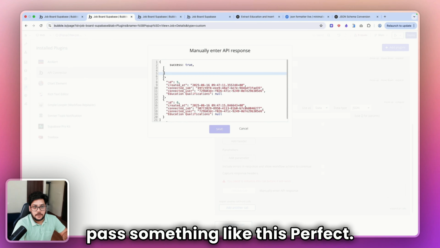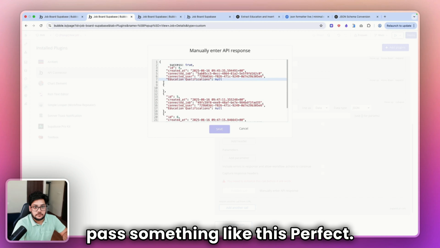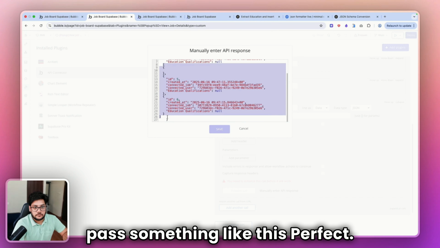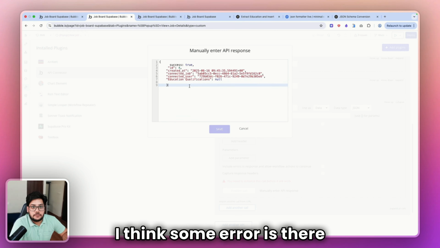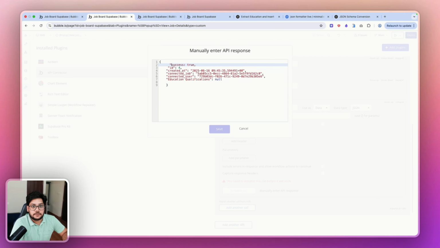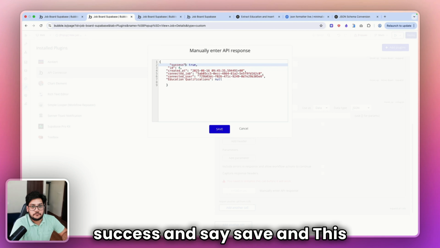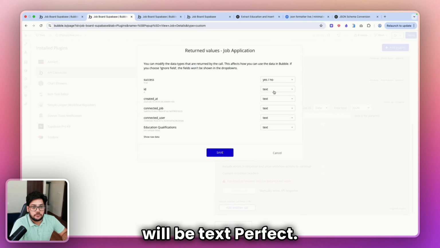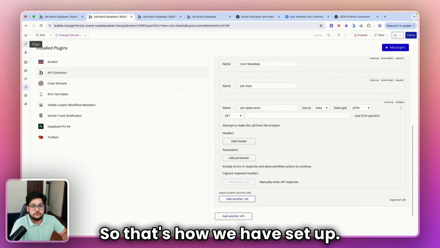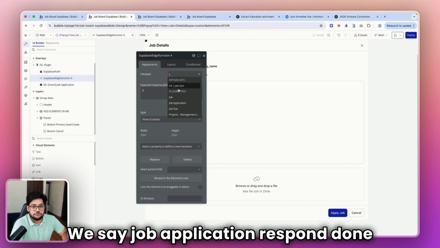So it will pass something. Perfect. Some error is there. They say this text they will connect to the data. Perfect. So that's how we have set up. We say job application